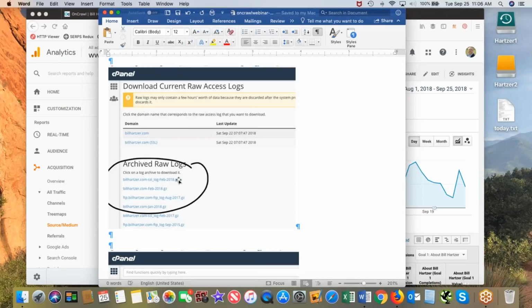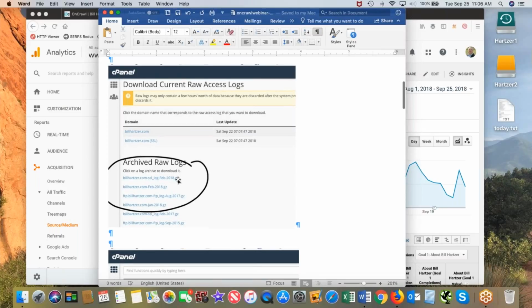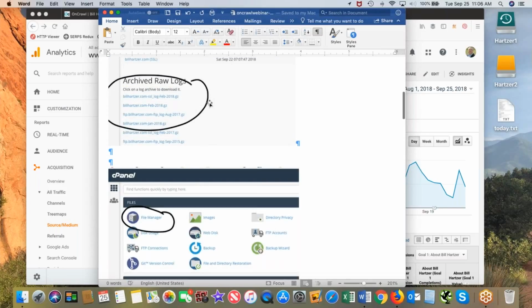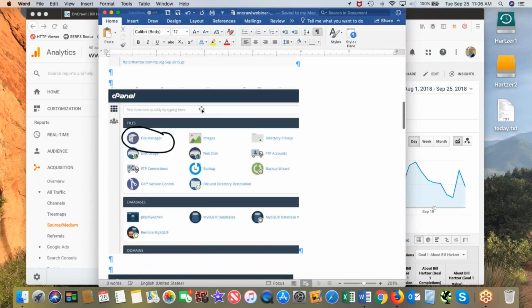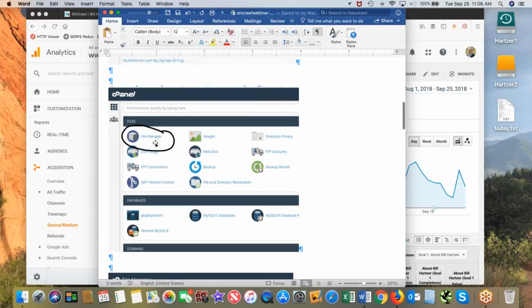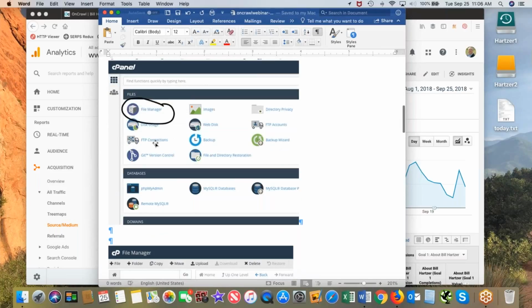Another way is to download those files, and then upload them by FTP or drag and drop them into Oncrawl. The other way is to look at your file manager, or you can use FTP, which is essentially the same as a file manager. You go into your file manager, and in that section there's a logs